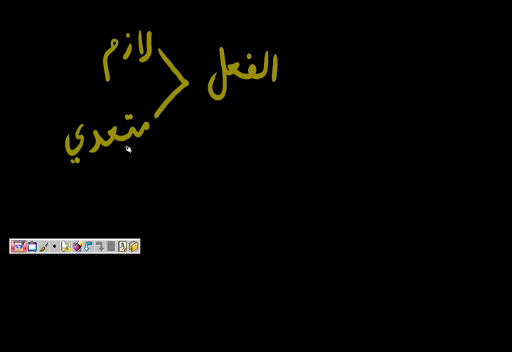So kharaja is intransitive. Is there an intransitive verb in English? I exited the building, I left the building, I departed the building. I went. You don't say I went the building. When I say go, it's just to go. So this is a valid example in Arabic, but it's not a valid example in English.